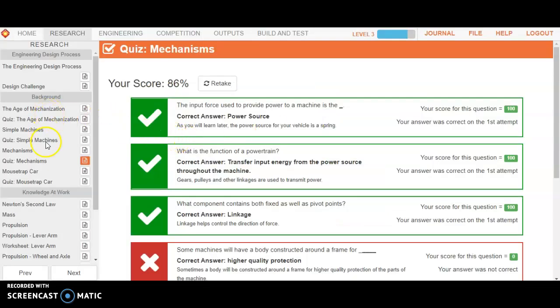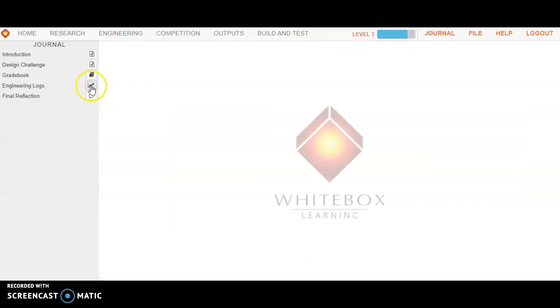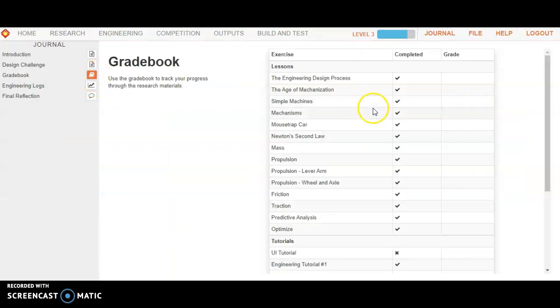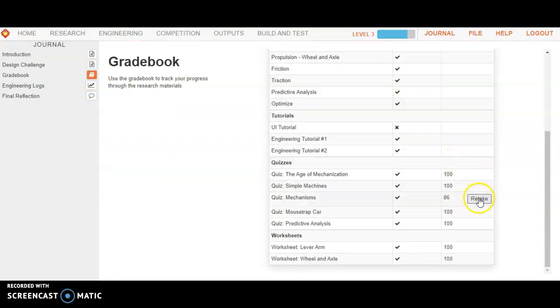As you're going through your research, you're taking quizzes. And so here, my mechanisms quiz, I got an 86% on that, and that's not bad, but it is affecting the number of points I can carry from one level to the next. So there is this button right here where you can click that to retake the quiz itself, or when you're reviewing your overall journal and you're looking in the grade book, you can click a retake on any quiz that's